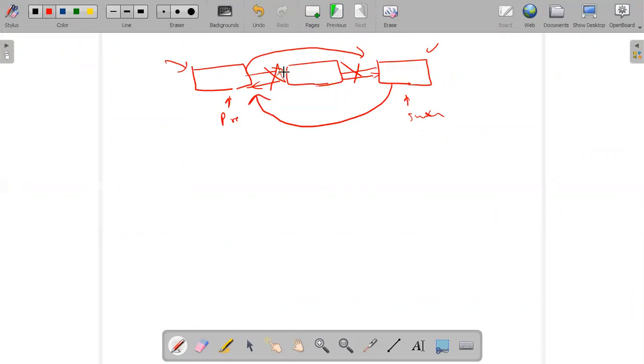But only one part is deleted. These links are deleted, but the node's own two pointers are still the same. So I can do node dot set next null and node dot set previous null. So this will be pointing to null, and it will be collected by garbage collection.